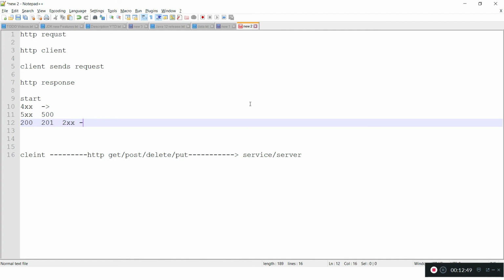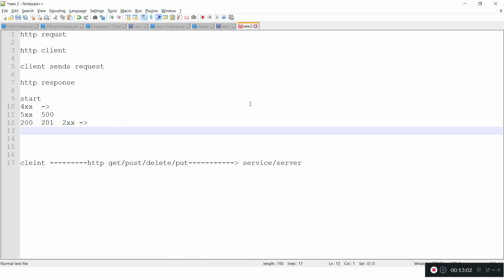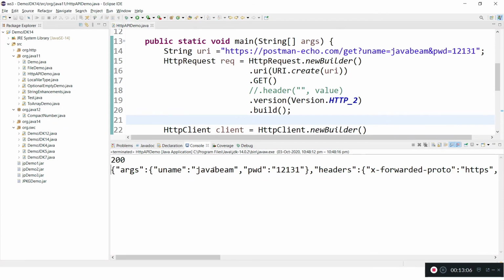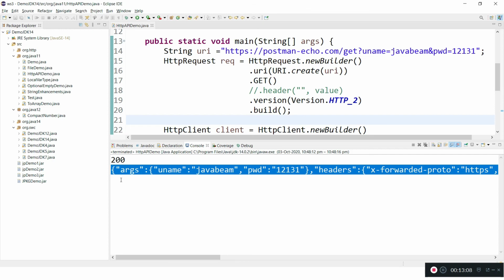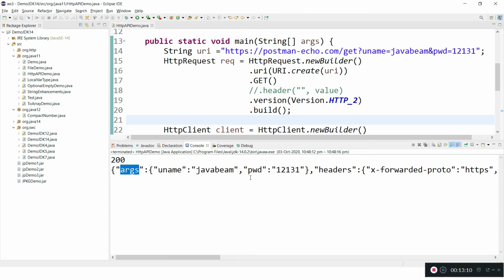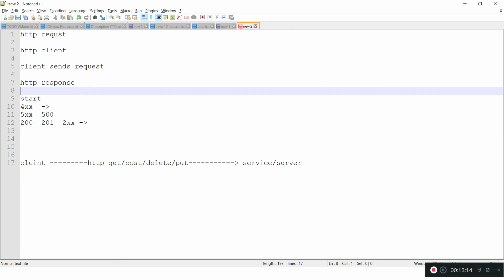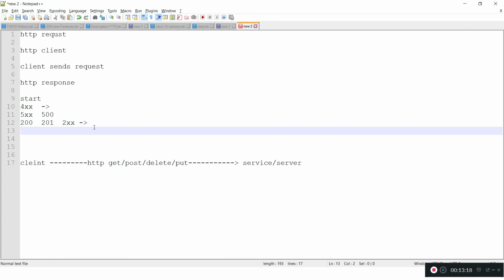So if we are receiving 2xx, that is success, meaning we were successfully able to send the request and we got the response back. That is how the status codes work, and in the body we will see whatever response we are receiving, whatever inputs we are getting. So here from the arguments we can get all this data. Yeah, and this is how we have seen the 4 parts.